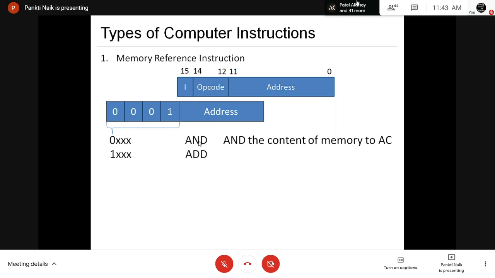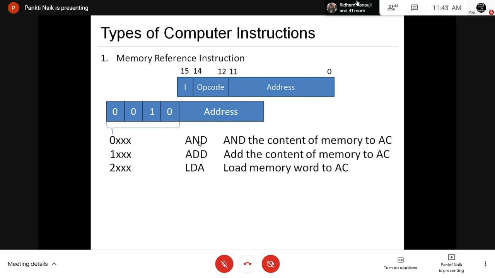Now if the opcode value is 001, then it is the ADD instruction. It will add the content of the memory to the accumulator. Now if the opcode value is 010, then it is the LDA instruction. It is used to load the memory word to the accumulator.